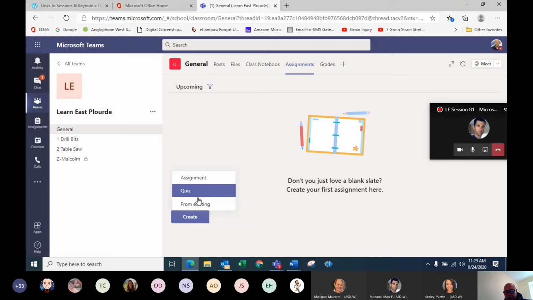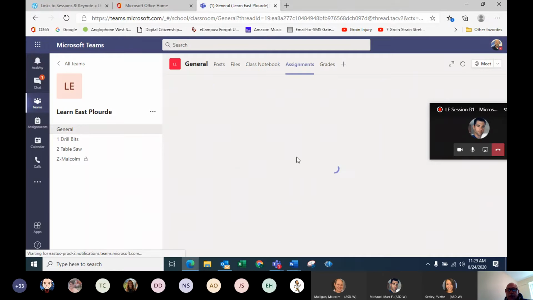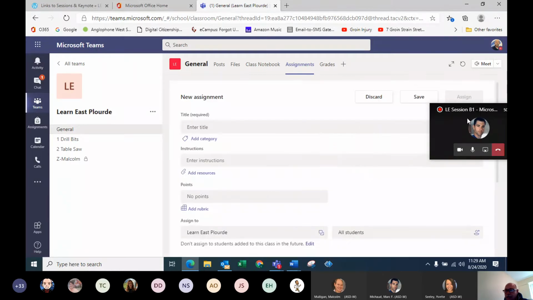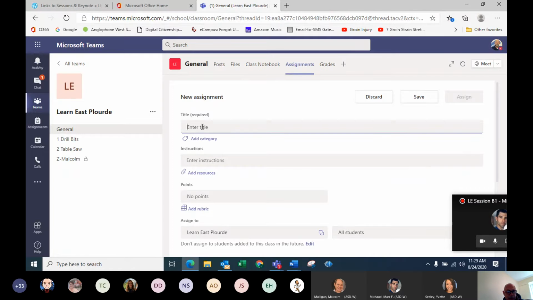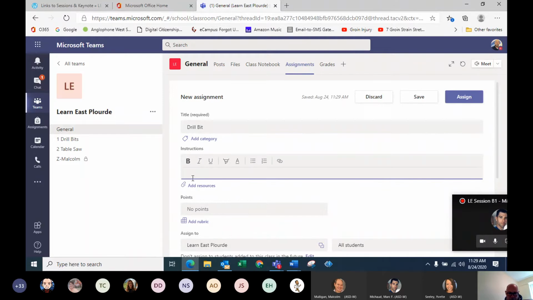work that I have already done. I can do a quiz, which I have not worked in, and I can also do an assignment. So when I'm ready to do this assignment, I would also give it a title. I'll stick with the drill bits. Instructions: students knew over time that all they had to do is ensure that they drop their materials in. And at first, I basically put something simple as in